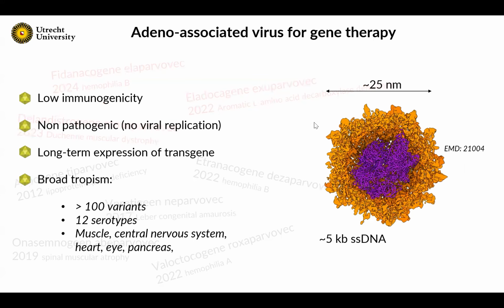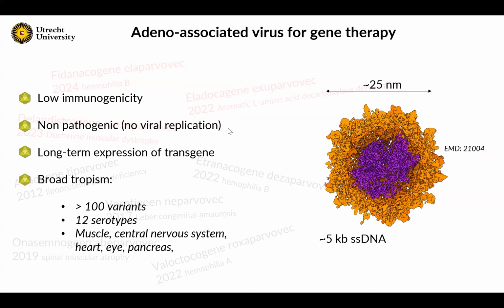So AAVs are very small protein capsids and can have a genome of single-strand DNA of about 5 kilobases. And the total size would be about 25 nanometers. And why are they now so popular as a vehicle for gene therapy? Well, AAVs are known to induce only a very low immunogenic response when given to people. And AAVs in nature are known to be non-pathogenic,